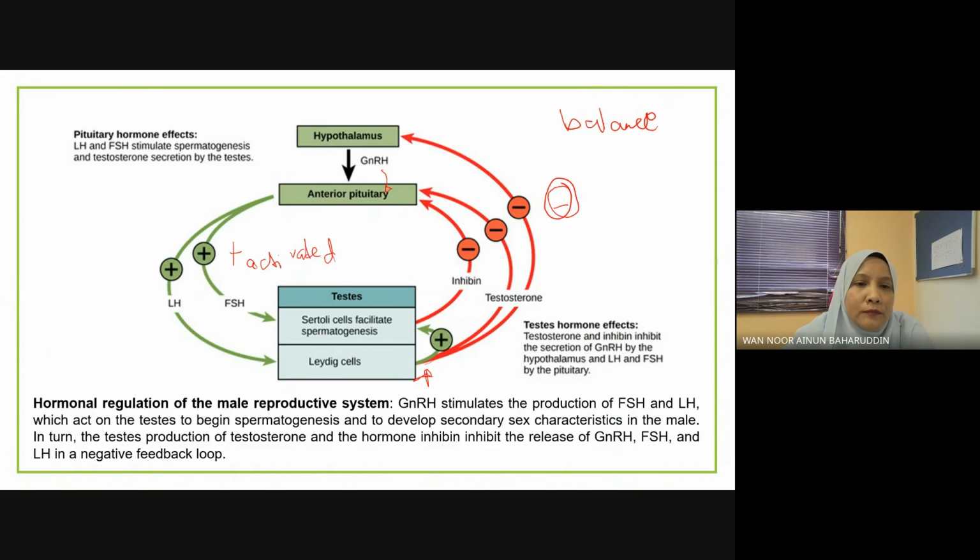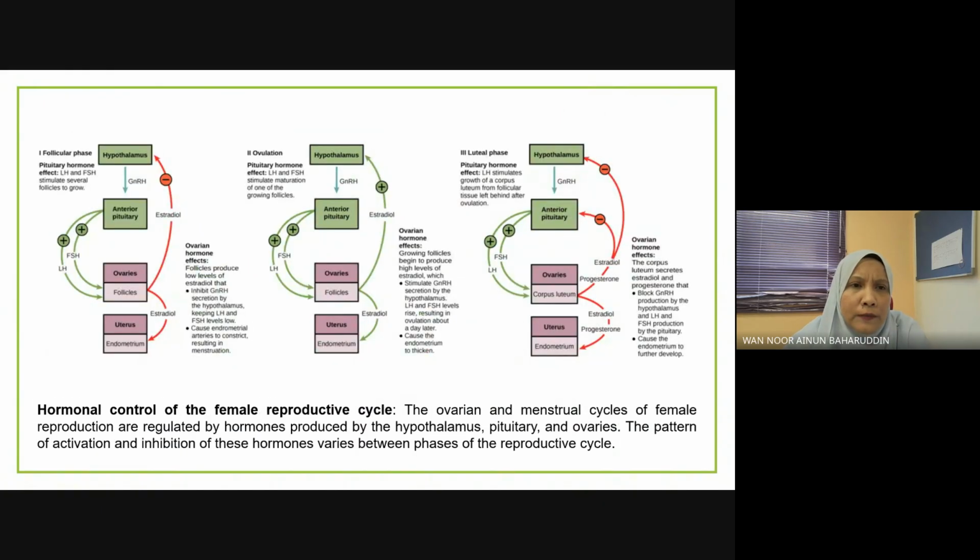Okay, so what we call a negative feedback loop. The most important part here is the testosterone. Testosterone and inhibin will be the ones that inhibit the release of GnRH, FSH, and LH. Okay, so for hormone regulation during the female reproductive system, we have learned before,